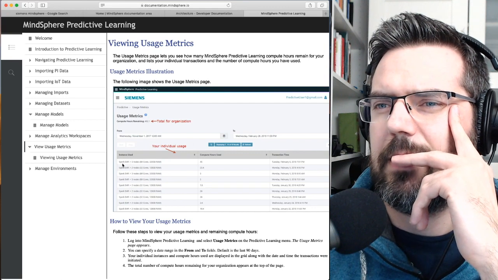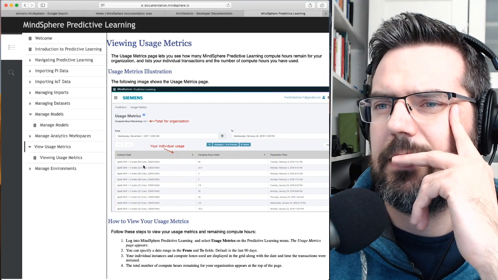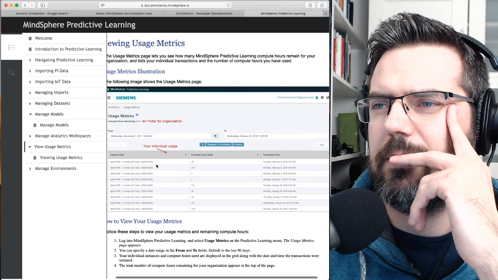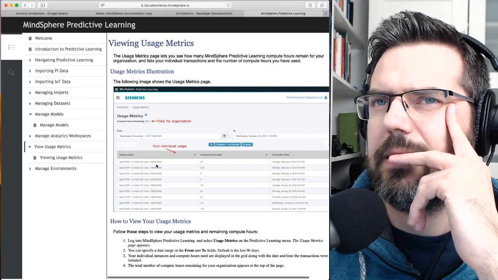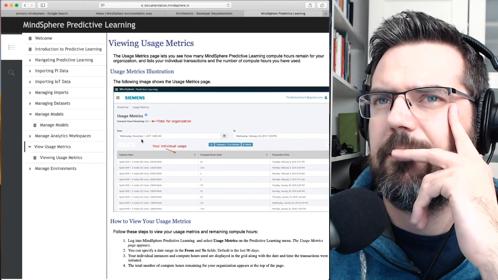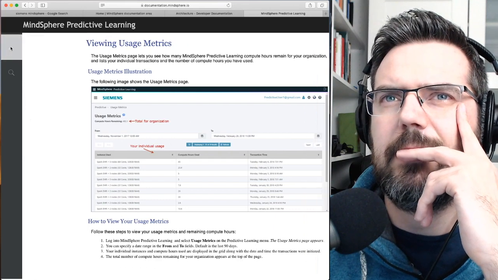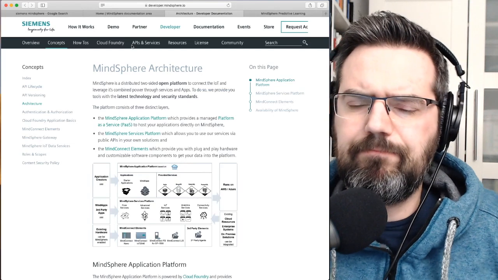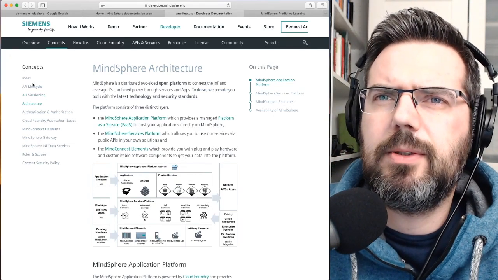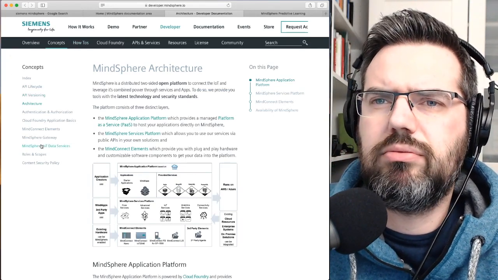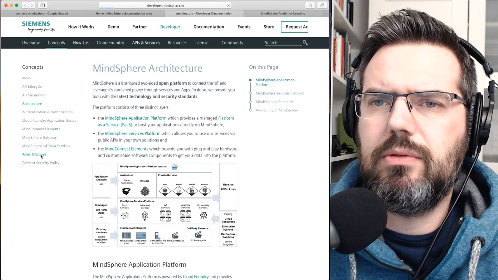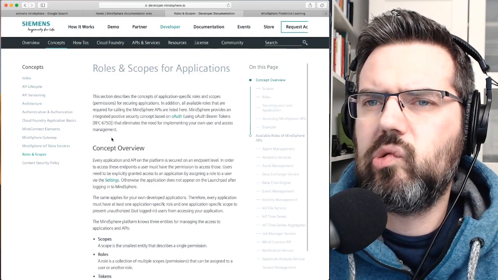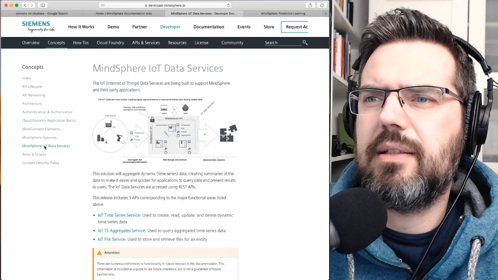Okay, here I'm seeing Spark, Elastic MapReduce: 5 nodes, 80 cores, 32 RAM, compute hours. That looks interesting. But where is this all? BI versioning, lifecycle concepts, roles and scopes, IoT data services.